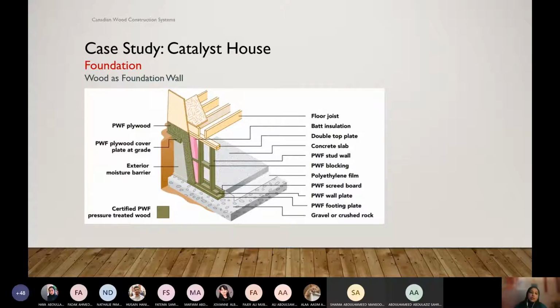To prevent that, we use this treatment. But this is not so popular because cost-wise it's a little bit costly, and concrete is much easier to do.